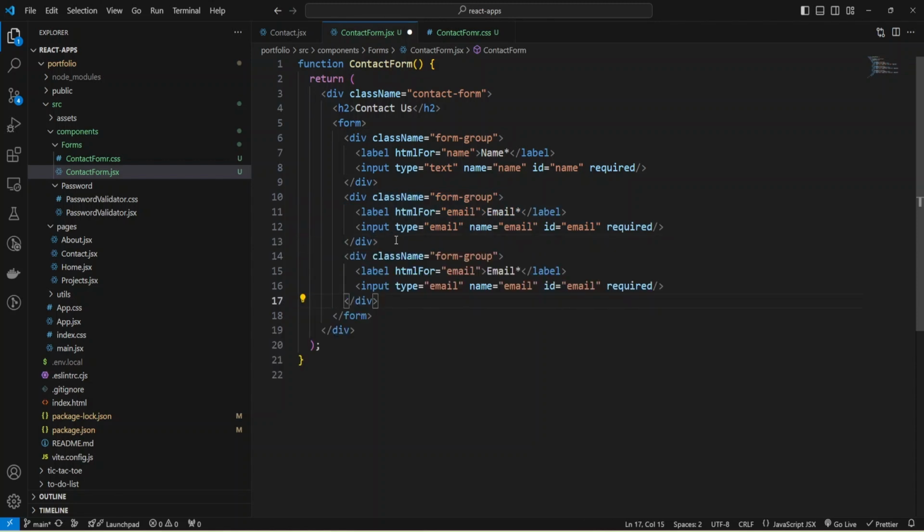Also I'll have a form group, and I need a label for message, and provide the label Message, and it will be a textarea with name message and ID message.